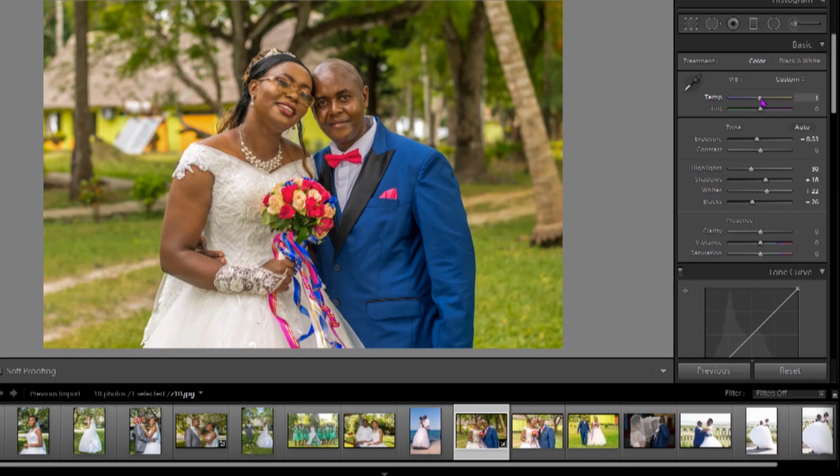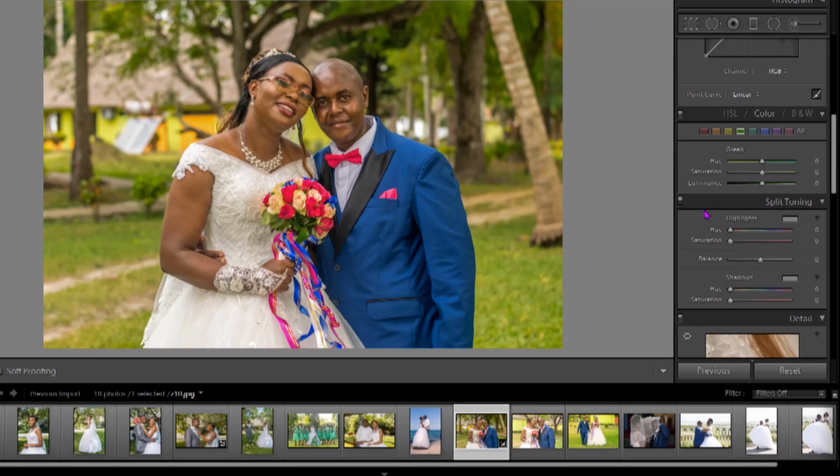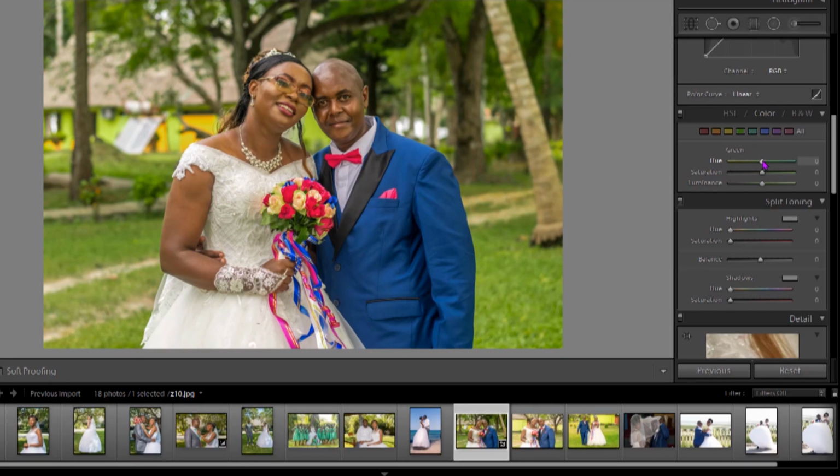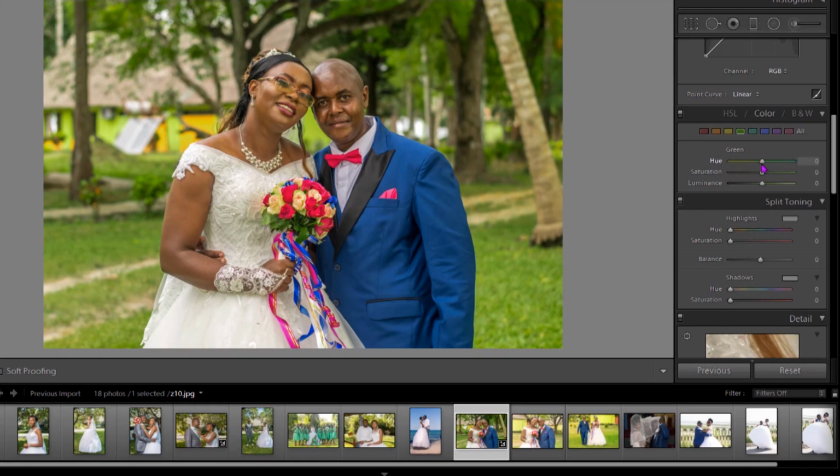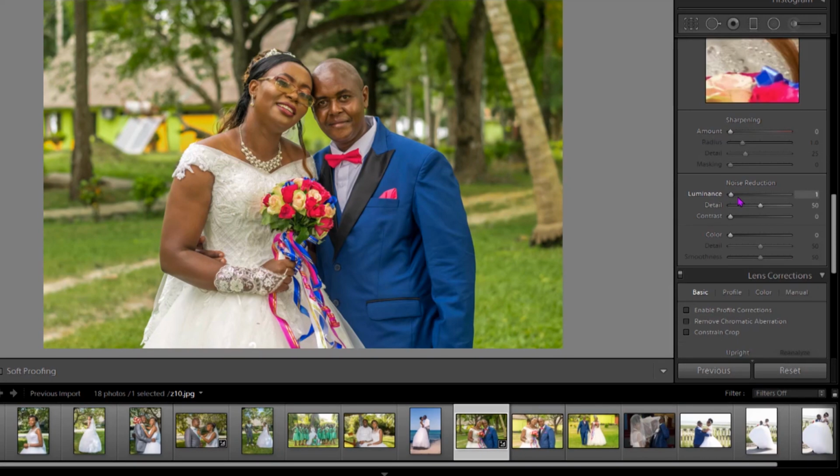and then check the color. I just want this to be a bit of green in the background, not to be too much. Just check the hue and reduce a bit of that greenish. Then I'm gonna do lens correction. So this photo